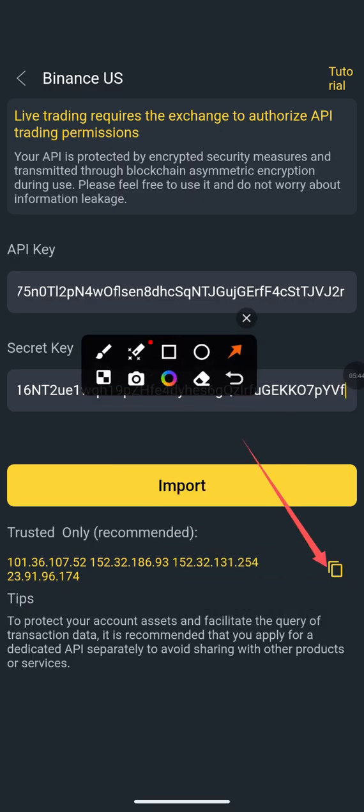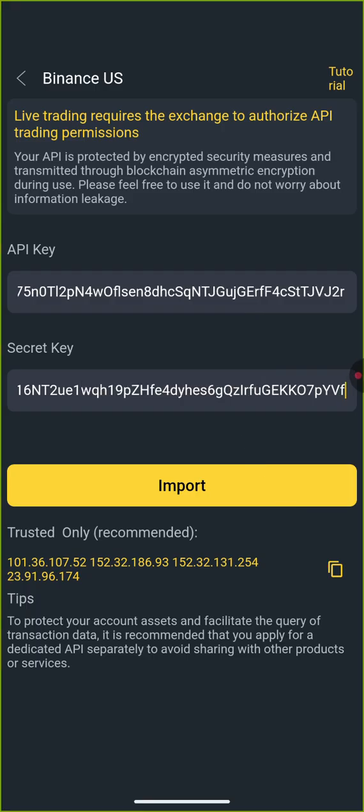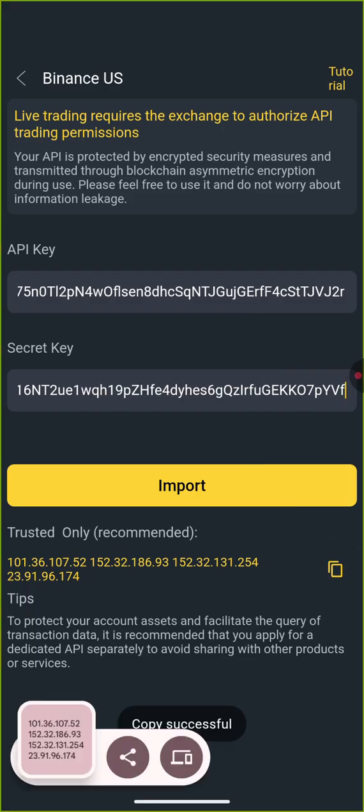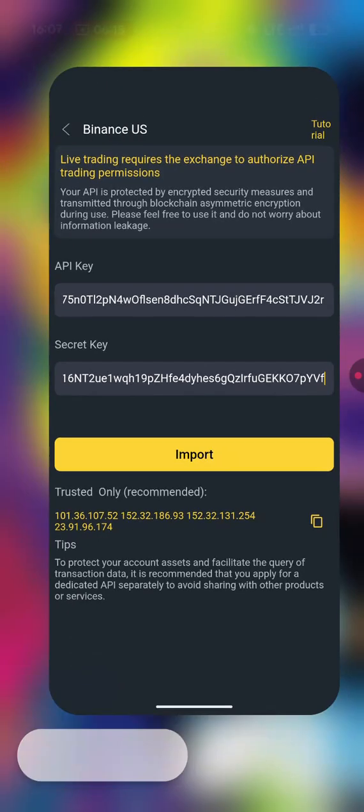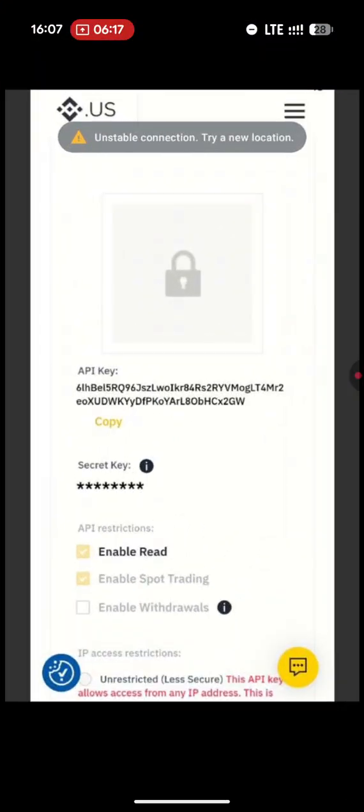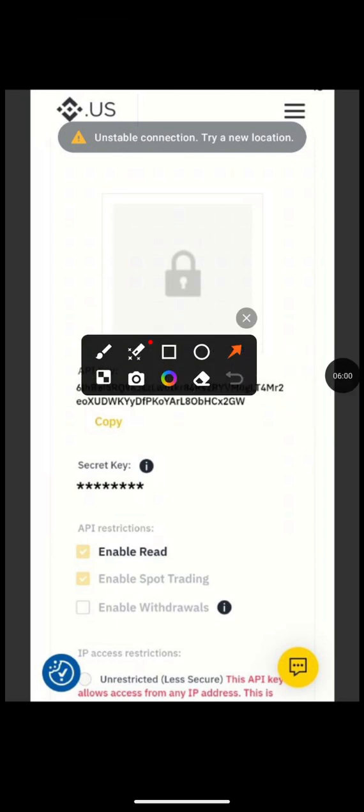Right, tap here on this icon to copy the IP address. All right, you see the IP address has been copied, and in your Binance US exchange, because I did a screenshot of this page, where you find the IP restriction, okay,